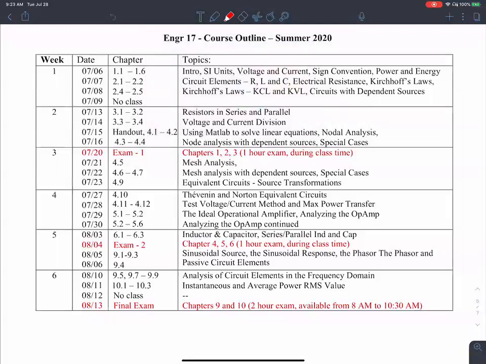Okay, so today is the 28th. So we did cover the maximum power transfer, test voltage, test current method, and of course, also the superposition theorem. Okay, when we come back, we look at the ideal operational amplifier. It's not a big chapter. It only takes a couple of days, but I think that it's the muddiest point in the course. Okay, if there is one chapter that is the muddiest,